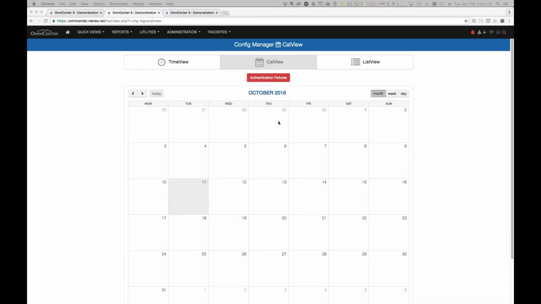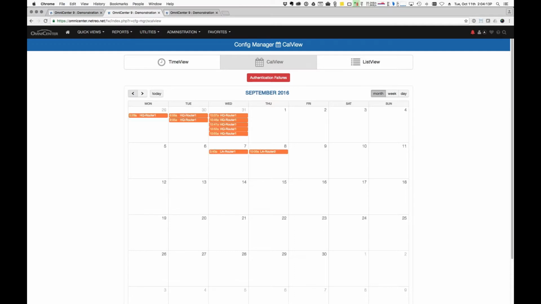Configuration Manager is designed to monitor the configurations of the devices and proactively notify you when changes occur. There's a couple of steps to making this work. The first one is you've got to have a device that has authentication credentials that we can log into via SSH or Telnet. And there's a set of templates for different device types that tell us how to